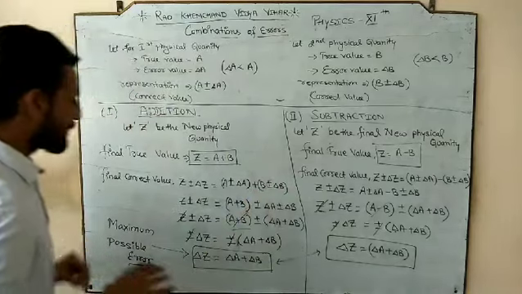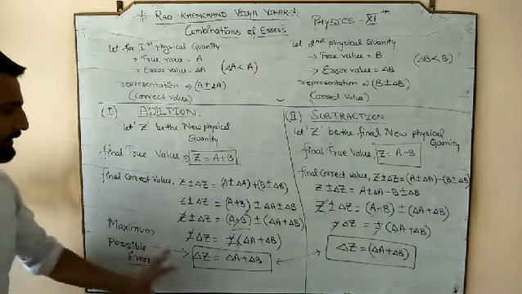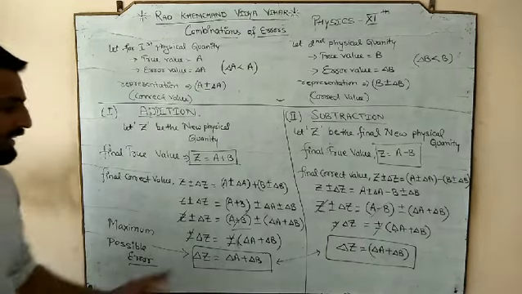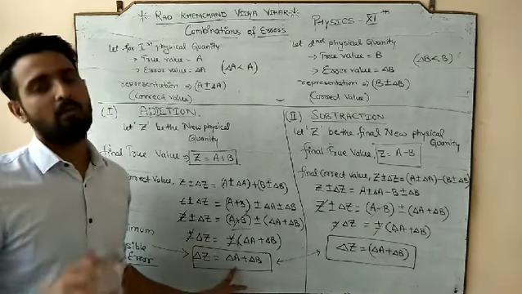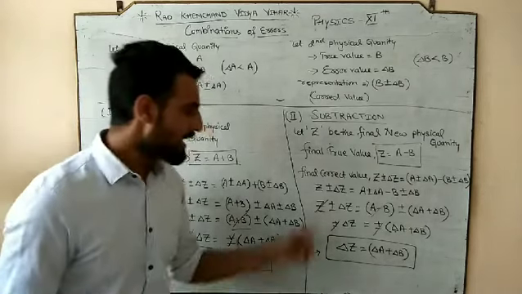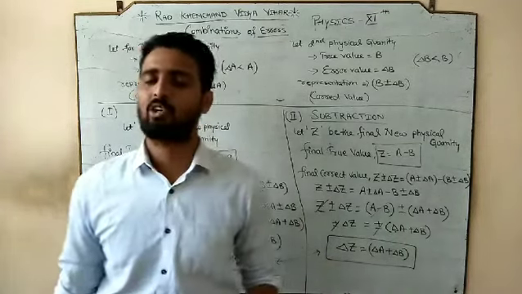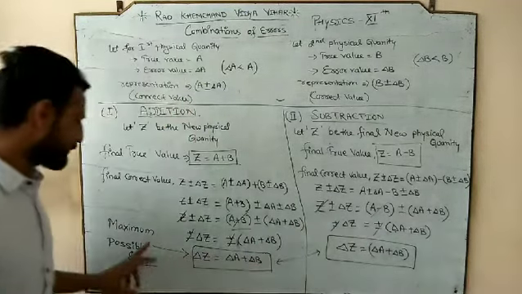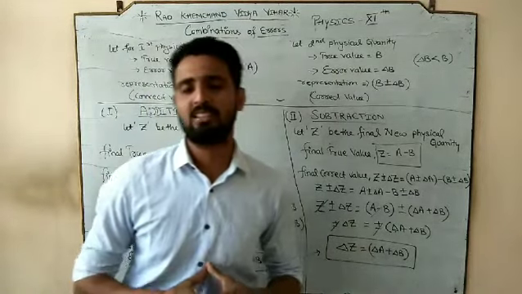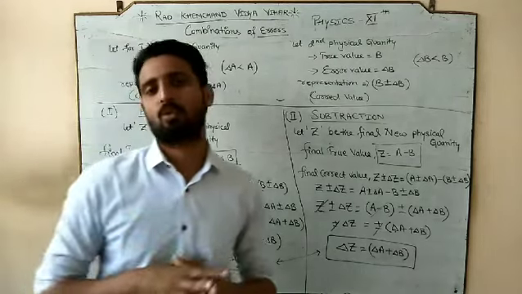But when we talk about the error, what we got to know is that during addition the final or the total error, or the maximum possible error, is always the sum of the error of the first and the error of the second. And when we subtract any two physical quantities, in that case also the maximum possible error is always the sum of the error of the first quantity and the second quantity.